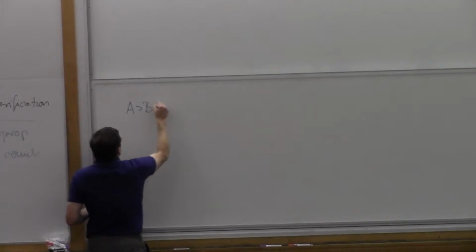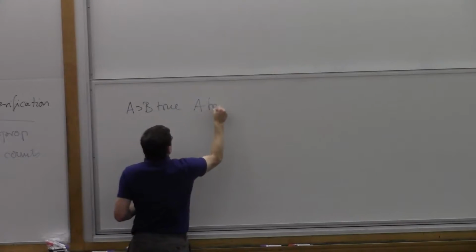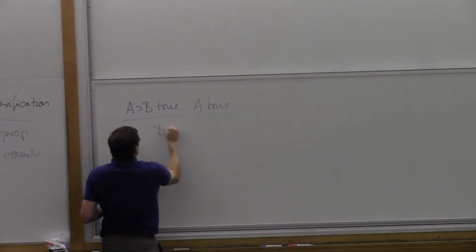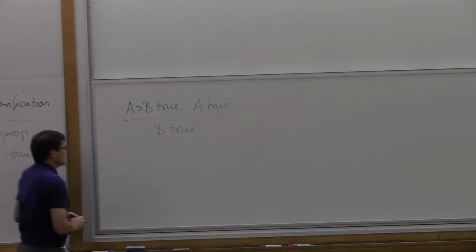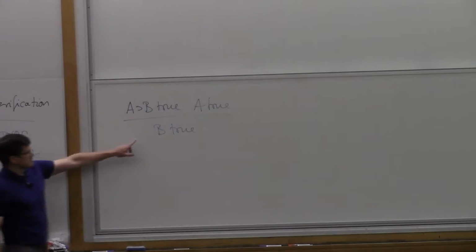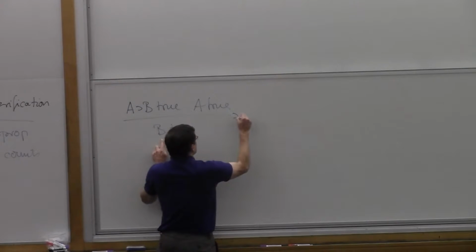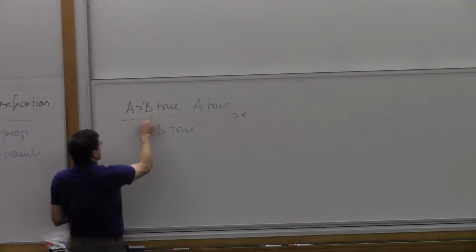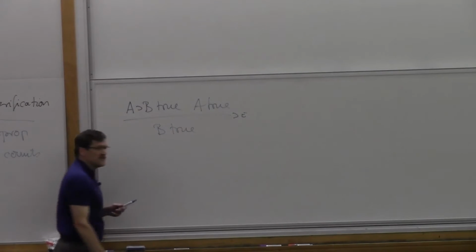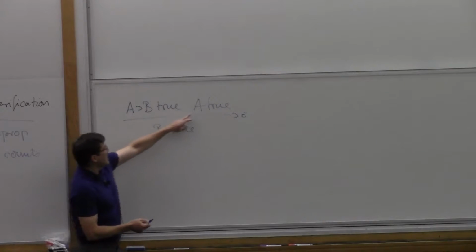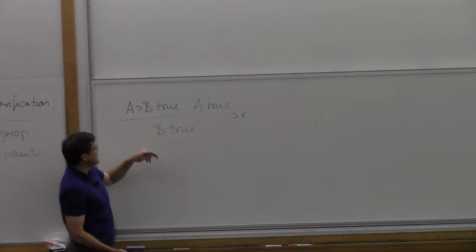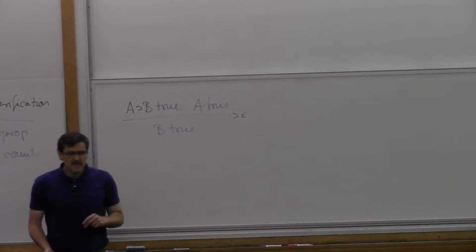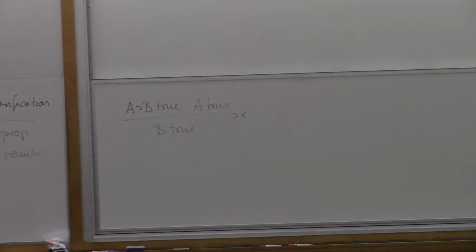Let's say implication elimination looks like this. If A implies B is true, and A is true, then B is true. Okay? So if you want to understand the meaning of a proposition, or you want to understand all of its proofs, then you also would have to understand the meaning of this proposition here already before that, and this proposition here before that. Because A is potentially completely unrelated to B, and A implies B is much larger than what you're trying to understand. So our definition, putting the word proof here, is not really well founded, right? It's kind of circular.